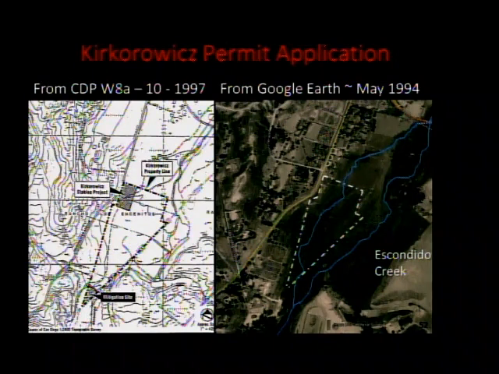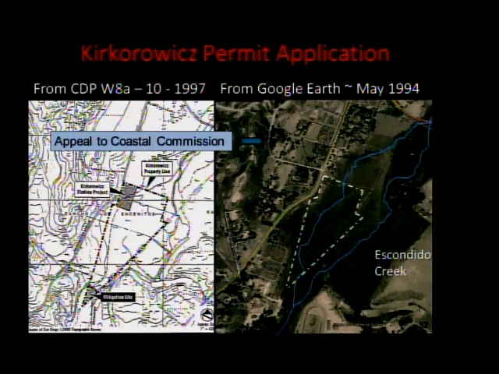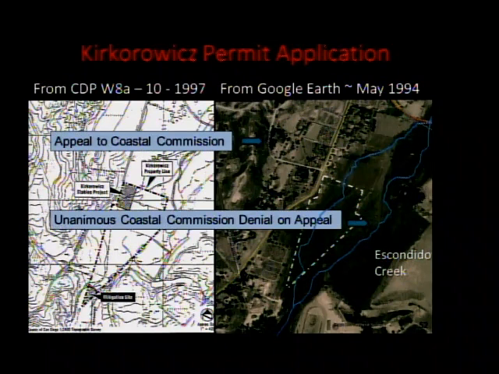This permit was approved by the county with conditions despite several confounding characteristics, which are its status as a wetland, its location just north of the San Elijo Lagoon, and its position within the 100-year floodplain of Escondido Creek. The project was appealed to the Coastal Commission, where it was unanimously denied. The applicants then appealed the case on the grounds that the wetland was degraded and therefore did not warrant wetland